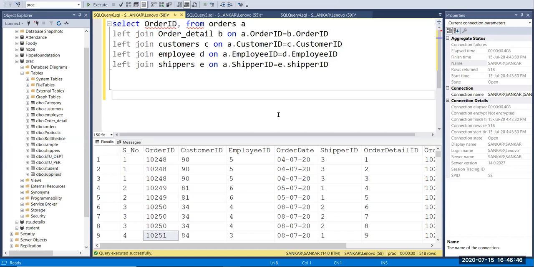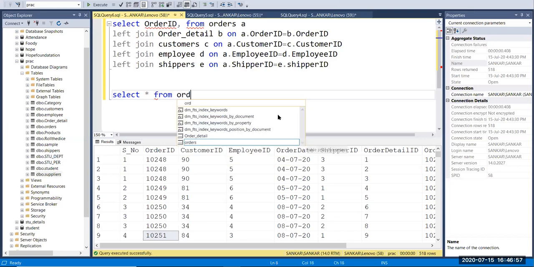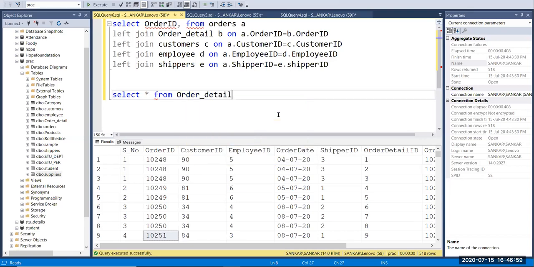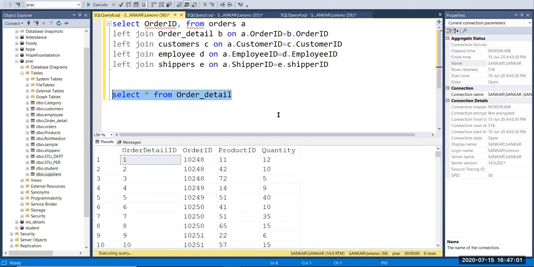Okay, so now I want to get the product name and product details. Okay, so in select star from order detail, and here we have product ID and quantity also.